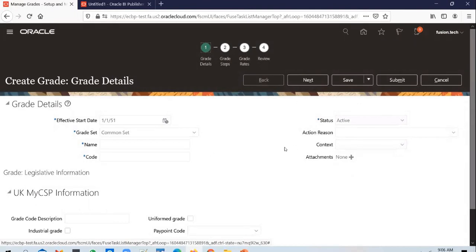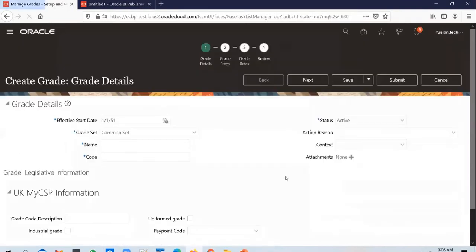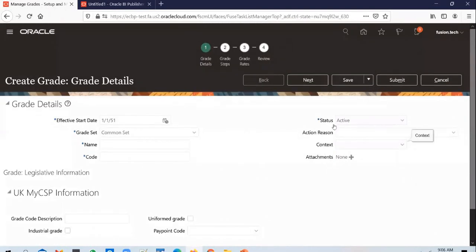If you want to see, there is one workaround. So you don't have a button which you can click to see the descriptive flex field name. But you remember the highlight flex field option that I have explained earlier. So if you click on the drop down, you have got highlight flex fields option. So if you click on it, yeah, I think it probably works only on the transaction screen. Here it's not showing up the flex field type here. So yeah, you probably don't have an option. But once you see a context here, you can be pretty sure that yes, there is a DFF. And what do you do after that?